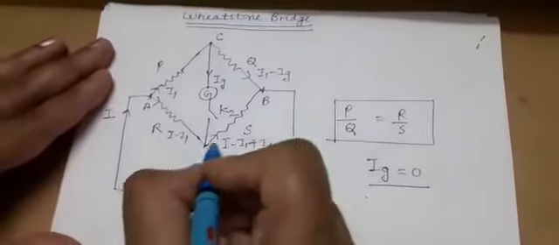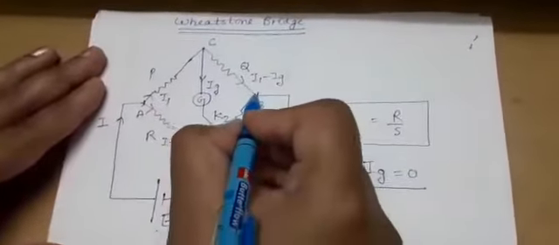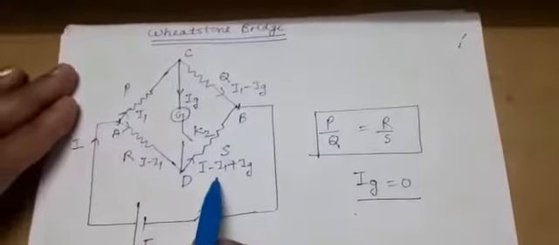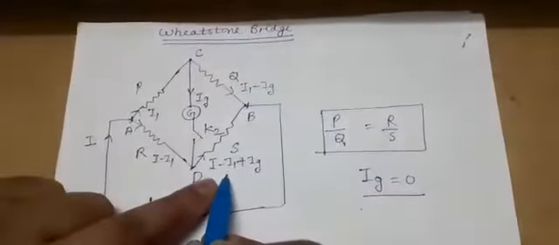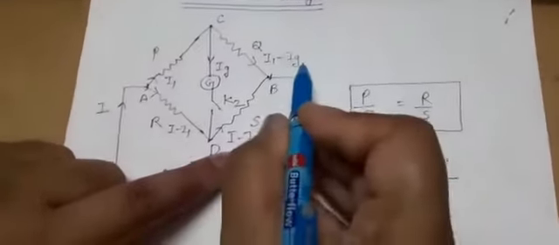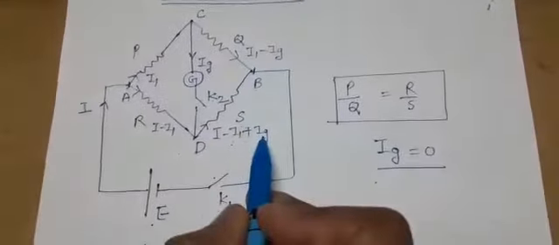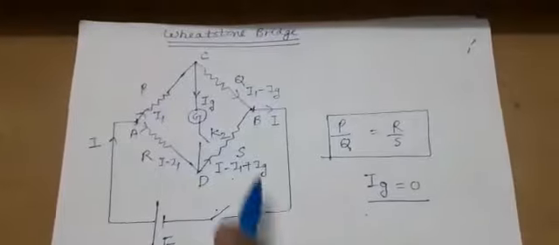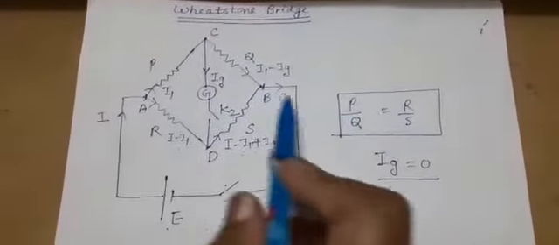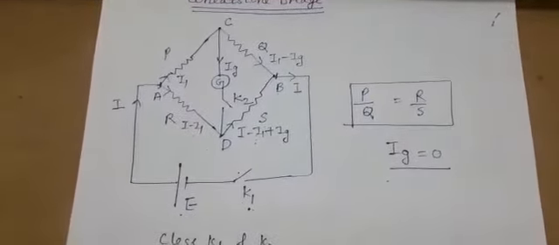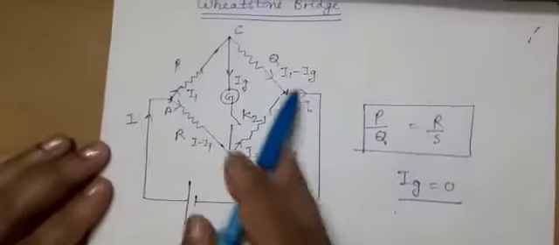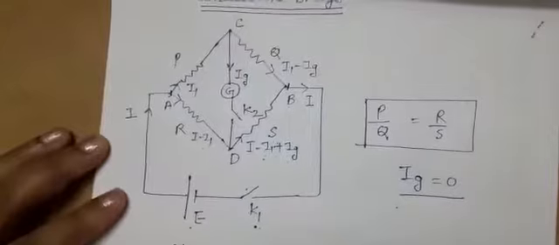So now this current is passing through S. Further, these two currents will combine at point B. You can see I1 and minus I1 will cancel out, and minus Ig and plus Ig will cancel out. So from terminal B, current I will emerge out. So the total current flowing in the circuit is I. Now to prove this condition, we have divided the current. So now what should be the next step?